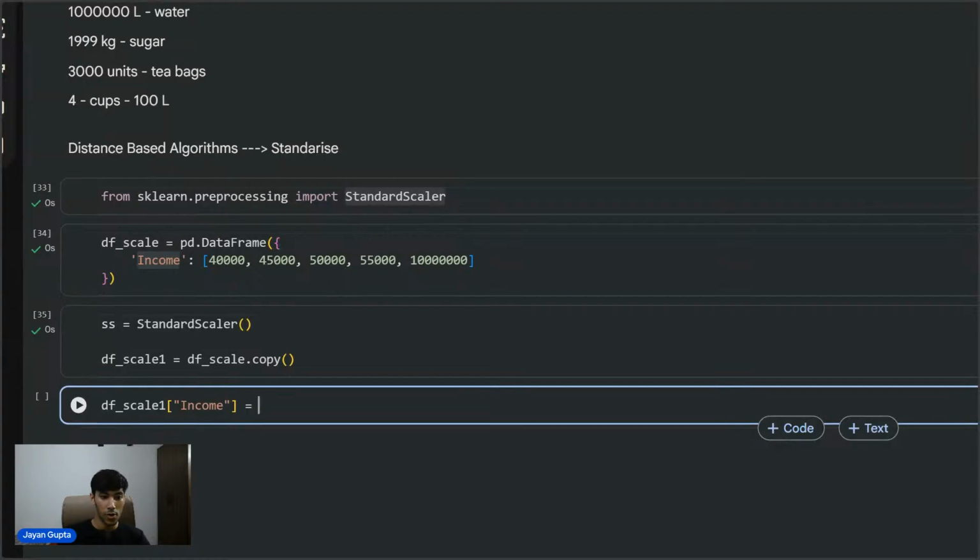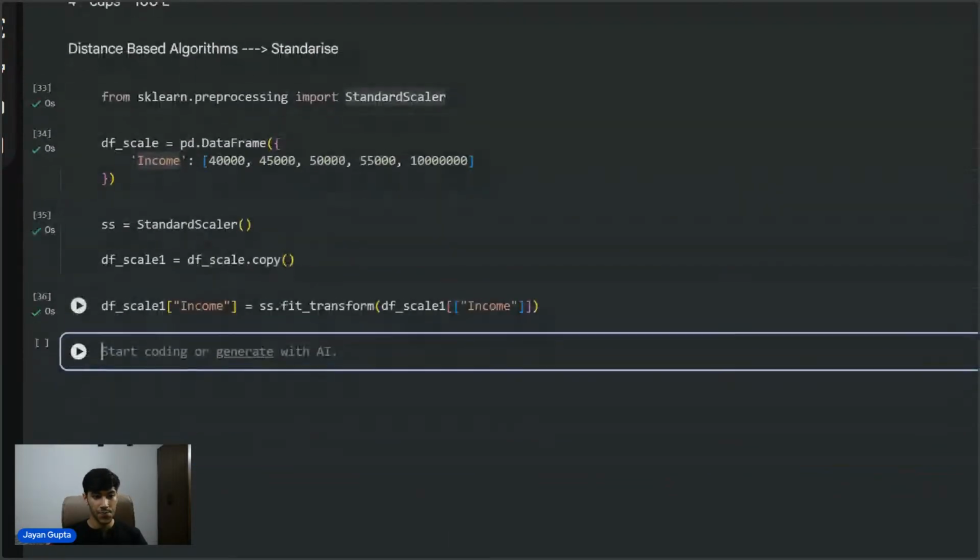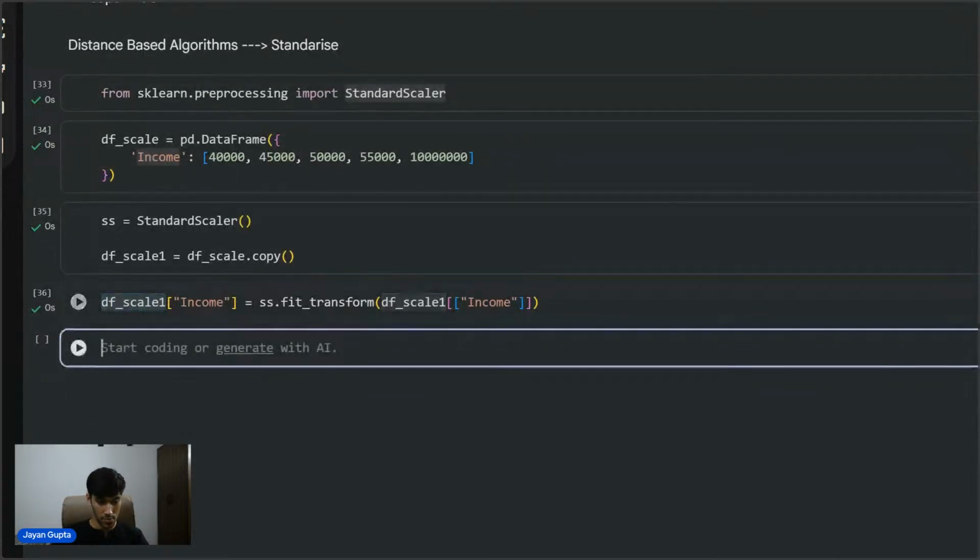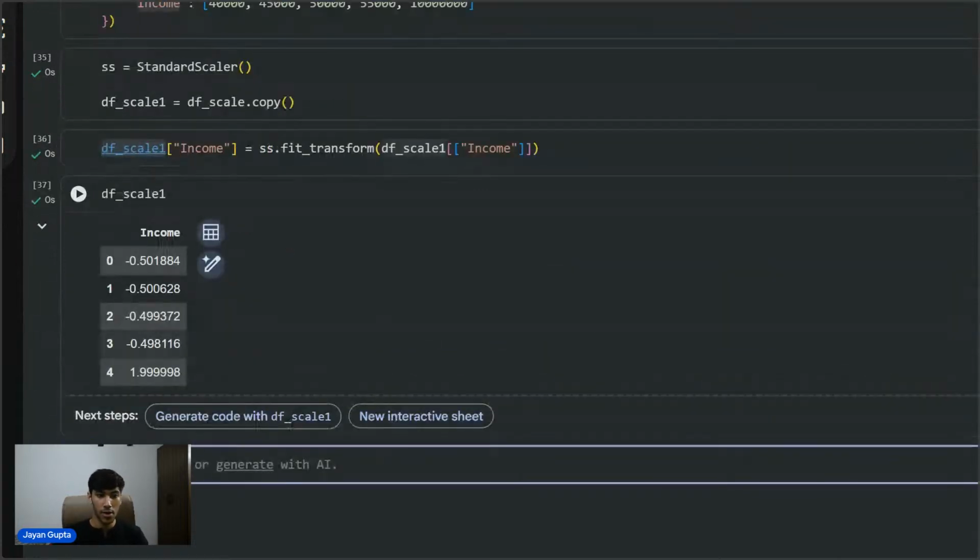I'm going to be saying ss dot, if you remember, the same pattern is there. I'm just going to be saying fit transform, and inside I'm just passing that particular column which I'm using. So I'll come here, pass this thing in as a series just like this, and once I'm done with this, if I try to print this particular data frame here, you will be able to see